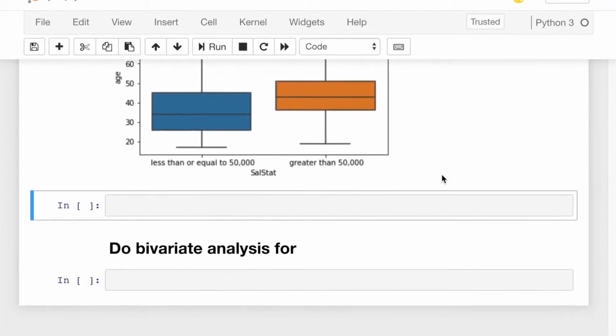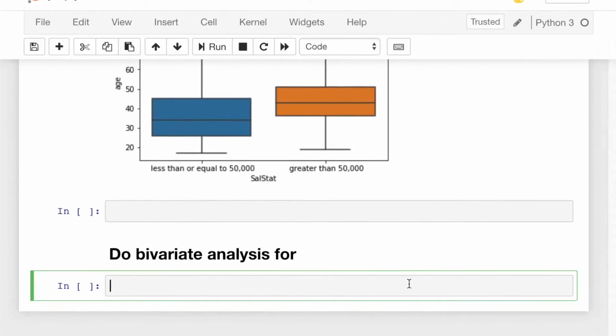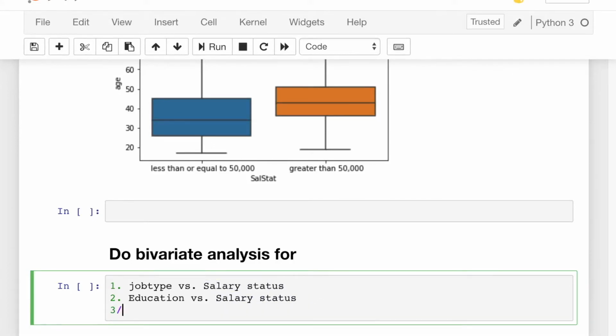So I want you to practice bivariate analysis for job type. Job type is a column, so compare job type versus salary status, and also education. Compare these columns and find out insights from them. So education versus salary status, and then